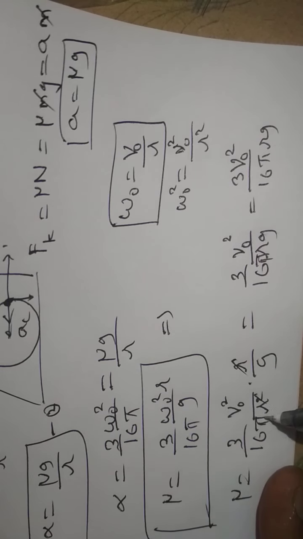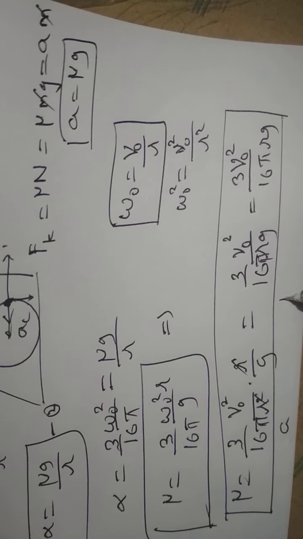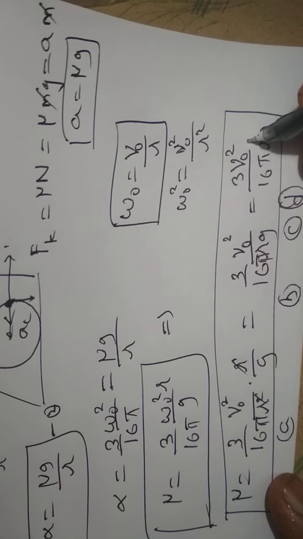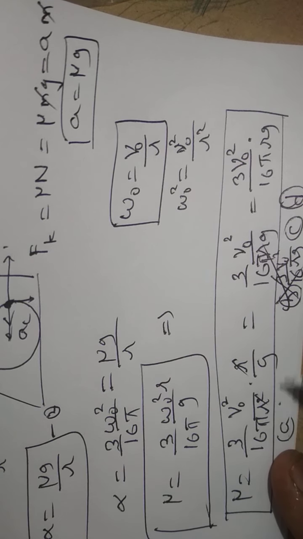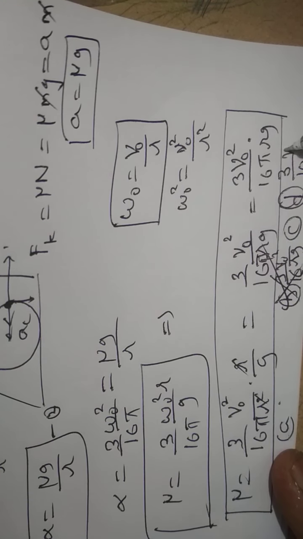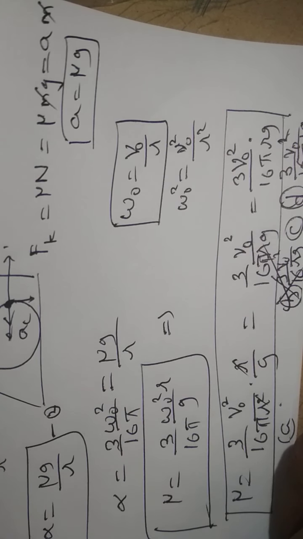Why did I just leave the pi earlier and write it at the end? There is a reason. I didn't mess it up. Actually, if you see the options A, B, C, D, I've seen many of the options. There will be this option here somewhere, and there will be another option like this, 3 by 16 V naught square, but without pi, rg, and you will be just tempted to pick this. But this is wrong. The option actually is this: 3 by 16 V naught square by pi rg. Okay, right. So our one IIT Advanced problem has been solved. Right? Very good. Thank you.